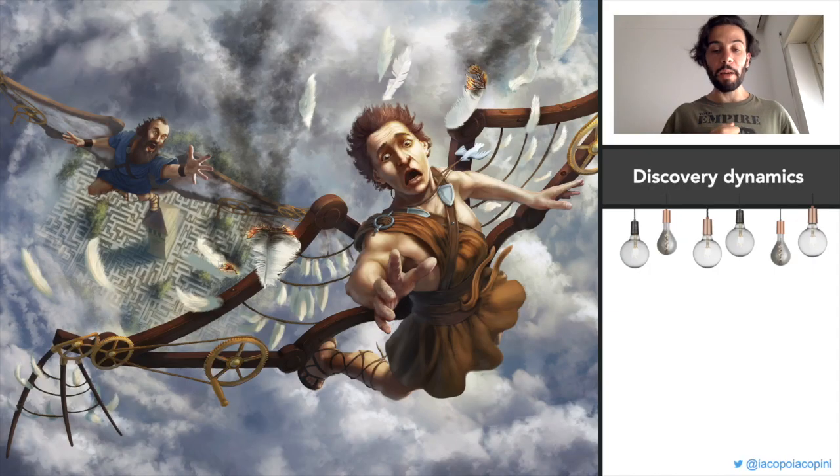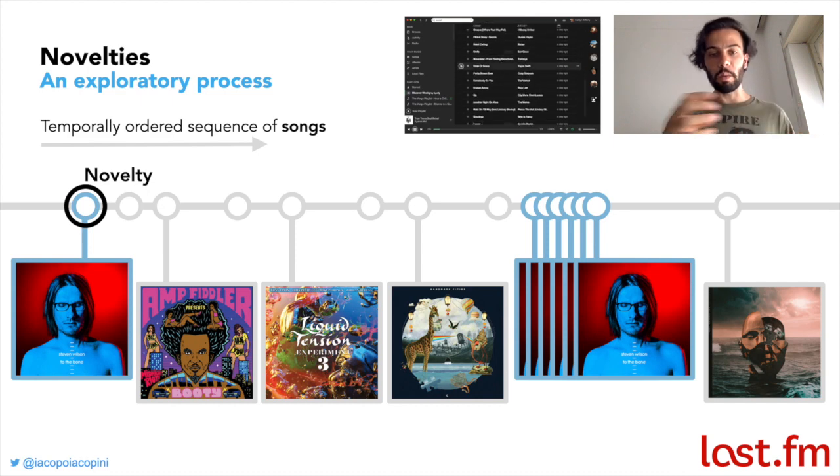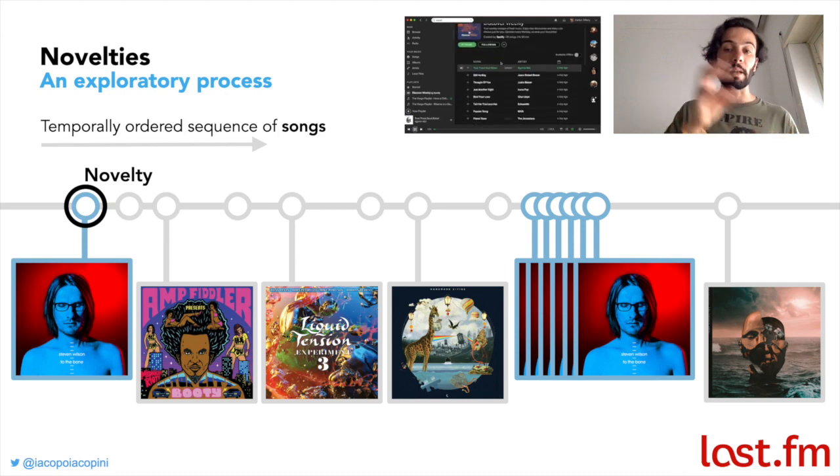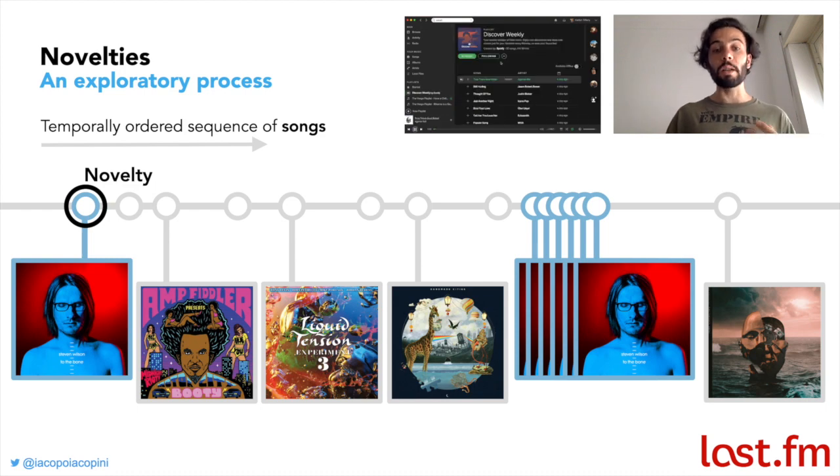Novelties are part of our daily life, and a way in which we discover new objects or adopt new products can be seen as an exploration of an abstract space in which we sequentially adopt new items that can therefore be put in a sequence. So you can think of people listening to songs: you listen to a sequence of artists, you can switch between different artists, and from time to time you go back and listen to your favorite tunes. So the first appearance of an artist represents a novelty, and these sequences are clearly not random.